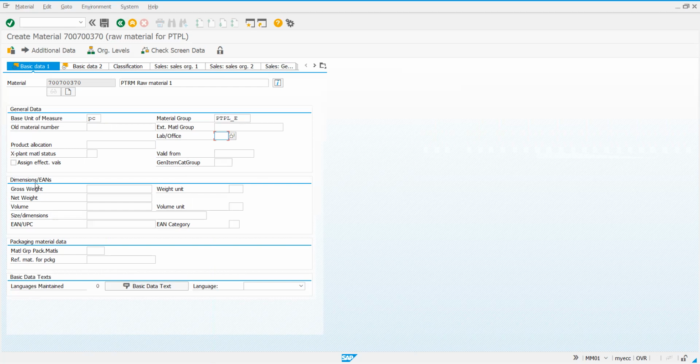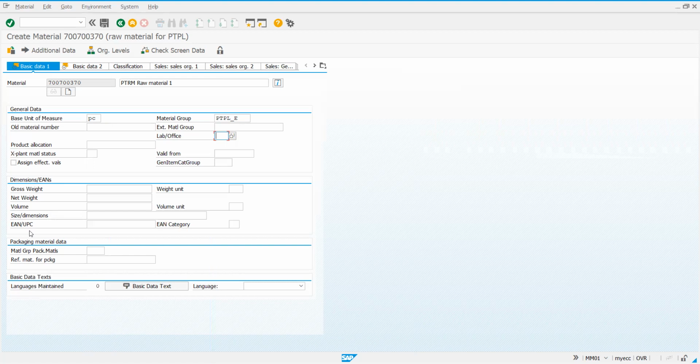And here you are seeing dimensions, EANs. You can write EAN. EAN stands for European article number. And below you can see UPC. UPC is Universal Product Code. European article number and Universal Product Code.